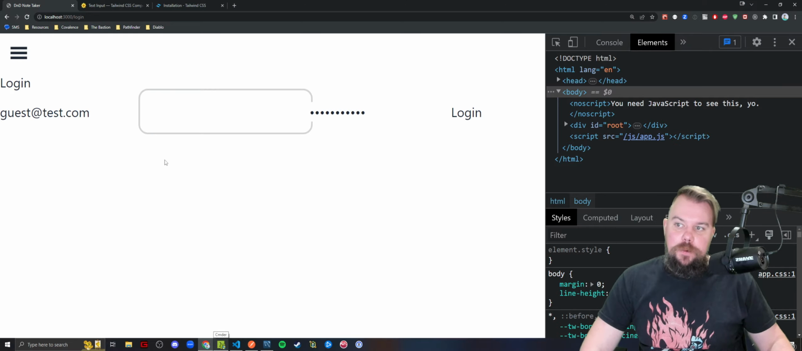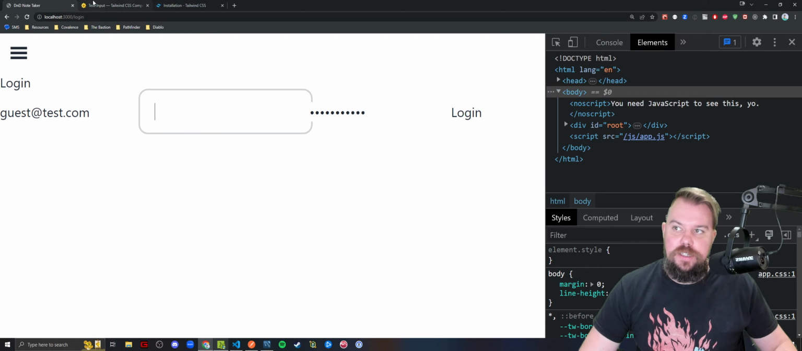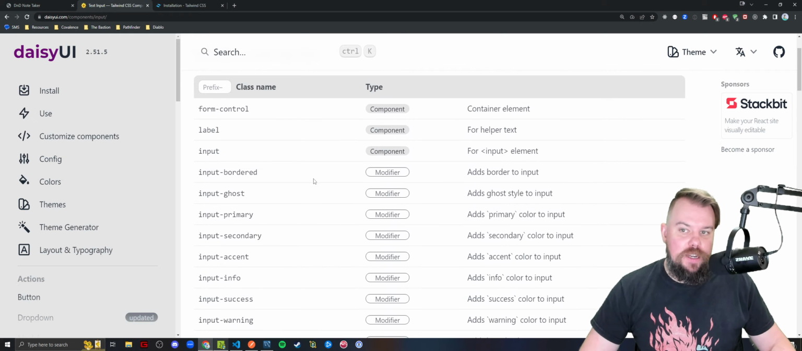Like, we added that input class name, and maybe we do want a border on it. Maybe we don't want a border on it because it needs a class name of input-bordered to have a border on it. So it's not a default thing for the input, right? And form control goes on the containing element, so I might put that on a div or our form. Maybe we'll make one for a label as well, but I'm going to focus on the input and button